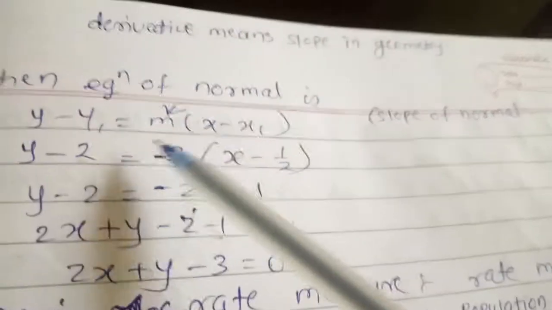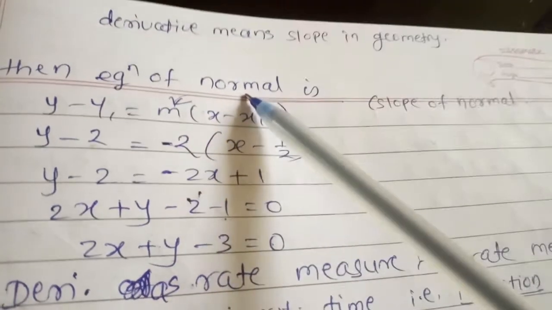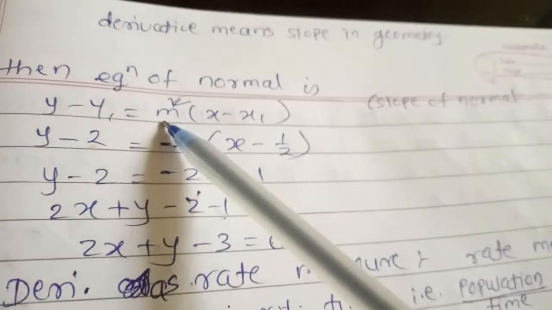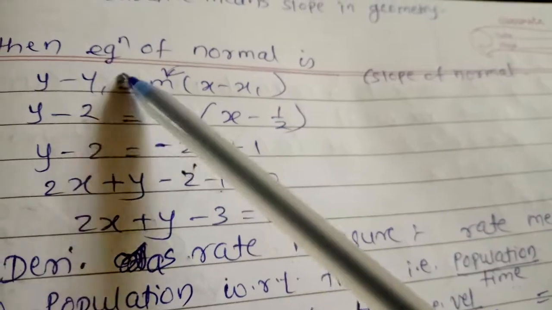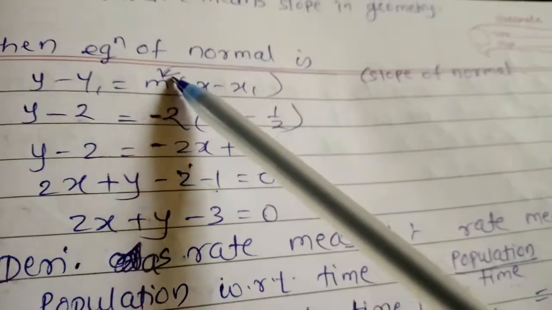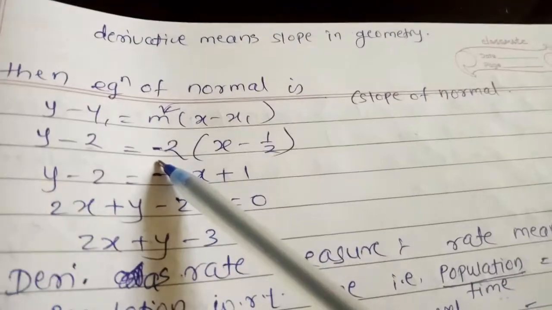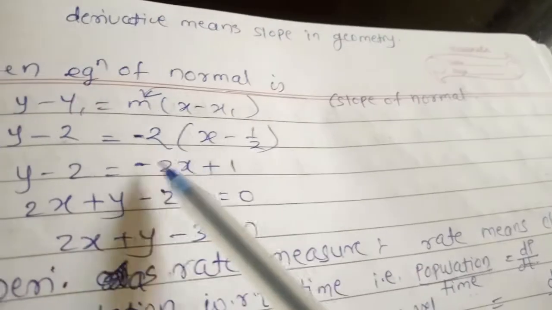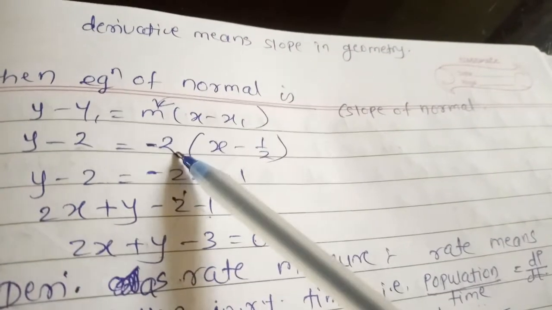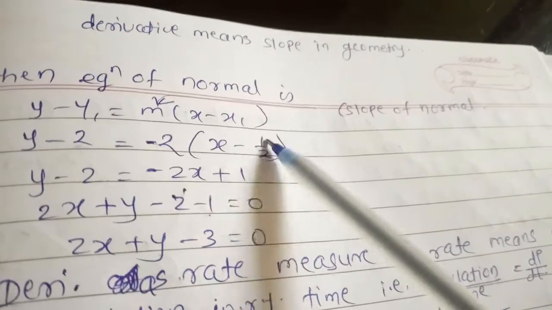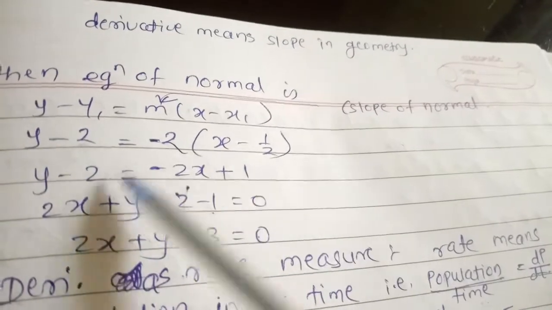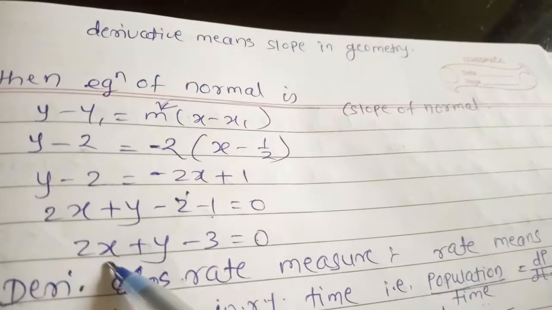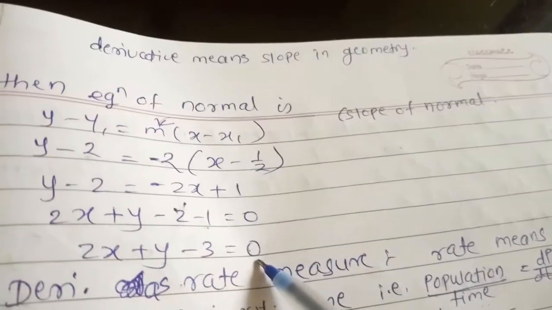अगर हम नॉर्मल का इक्वेशन फाइंड आउट करें तो यहाँ पे हमें नॉर्मल का स्लोप लिखना है, और हम अगर टेंजेंट का इक्वेशन फाइंड आउट करें तो वहाँ पे हमें टेंजेंट का स्लोप पुट डाउन करना है. So putting the same values for the x1 and y1, just the change is slope of the normal we have to put here. And after calculating this, so y minus 2 minus 2x minus minus, this 2 will get cancelled, 1 move this 2x to this side, so 2x plus y minus 2 minus 1 is equals to 0, and so we get 2x plus y minus 3 is equals to 0.